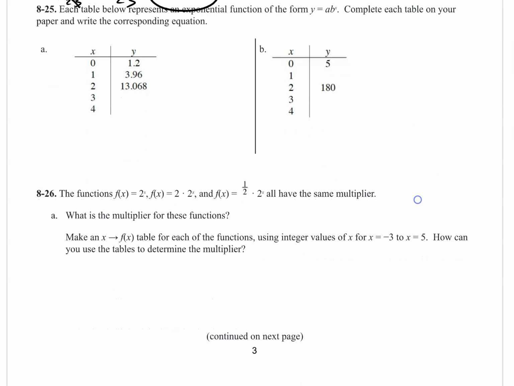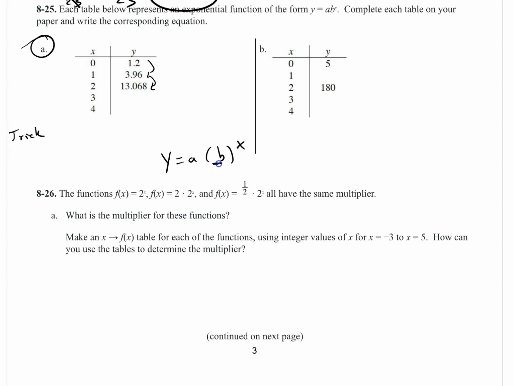Alright, E-25. Each table is an exponential function. Alright, so let's do A. We need to write our equation. Y equals A times B raised to the power x. So let's find out the multiplier. The trick is